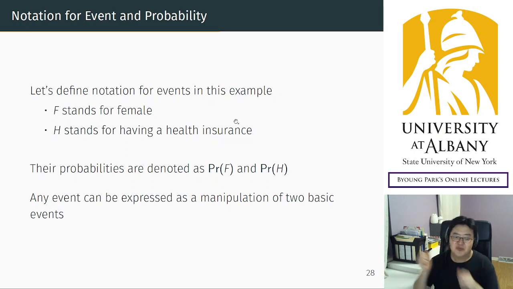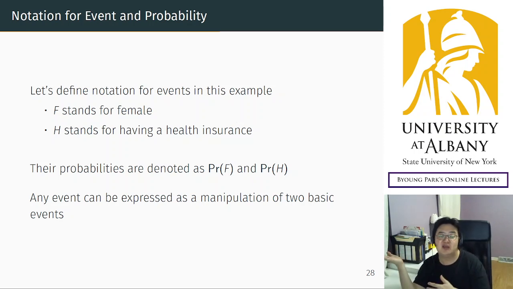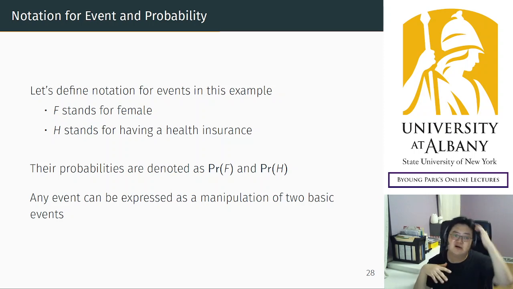So if you input an event, then through the probability function, it returns a probability, right? It's a function. So probability of the event F, probability of the event H. So any event can be expressed as a manipulation of those two basic events in this example, right? For example,